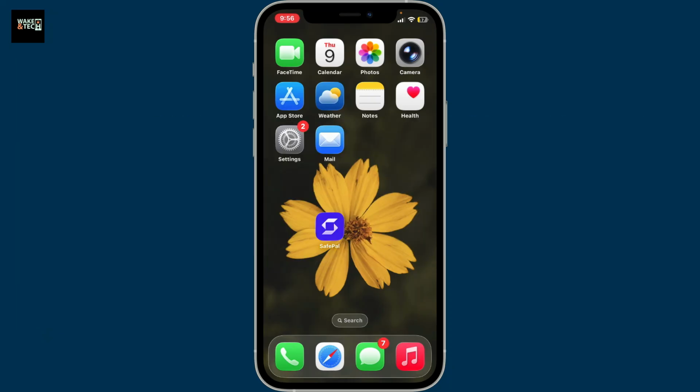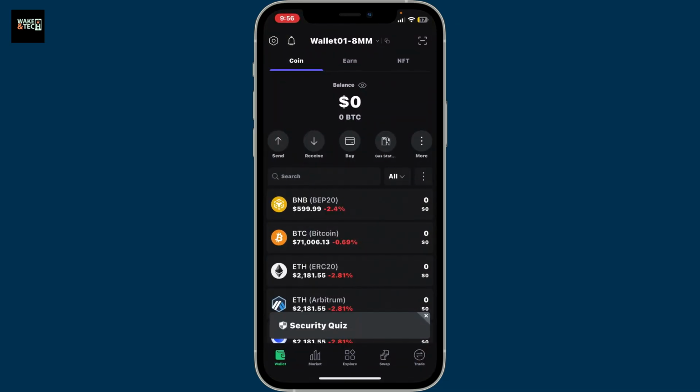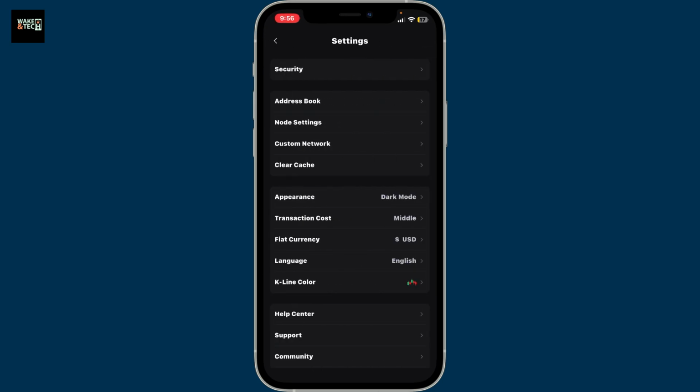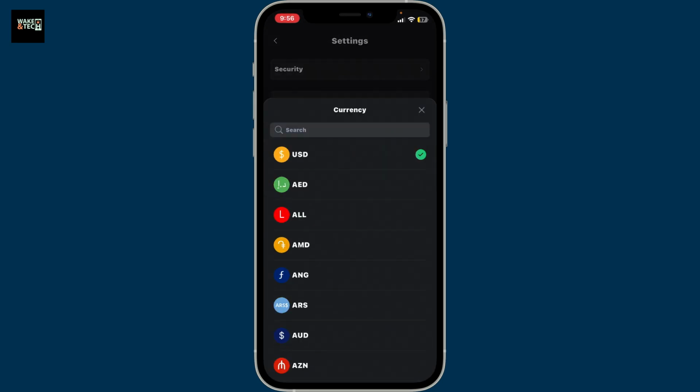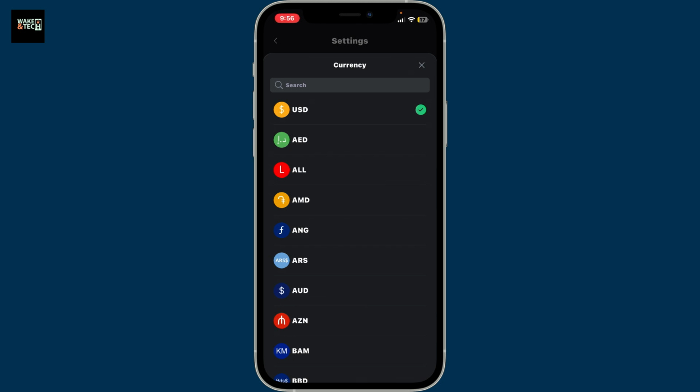Sometimes you just want to see your balance in your local currency instead of crypto values. So, if you want to change the currency on SafePal, first of all, open the SafePal application on your device and log in. Once you're inside, go ahead and click on the gear icon at the top left corner from the home screen. From the settings menu, select Fiat Currency option and choose the fiat currency you want to